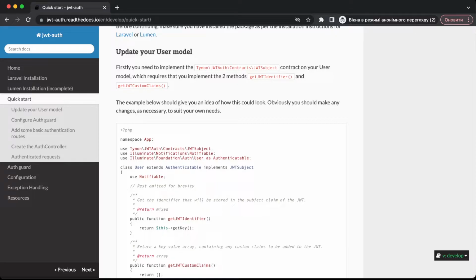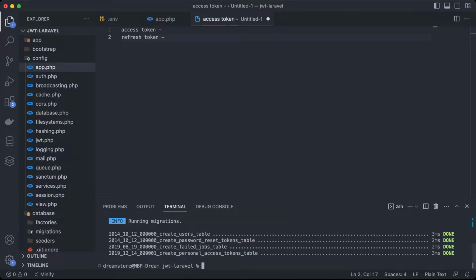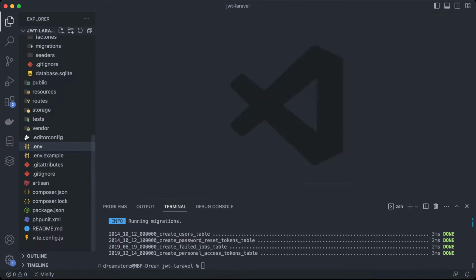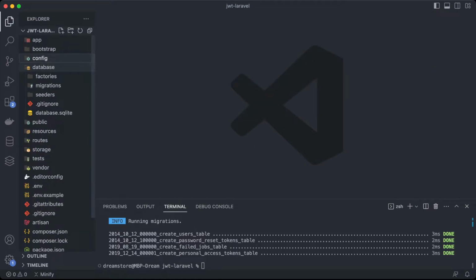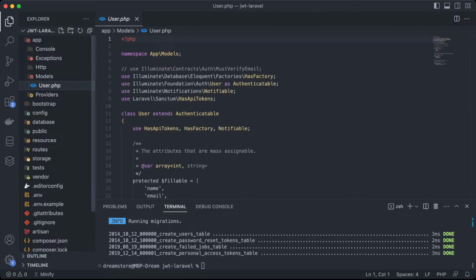So first, before we gonna do this, I want also to migrate my database. So let's try to use PHP artisan migrate command. As you can see, this is working successfully. So that means that now we can go to user model. So first let's close these two folders and let's go to app models user.php, and now we will need to